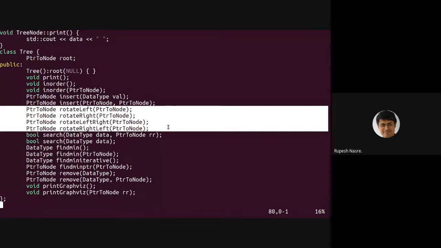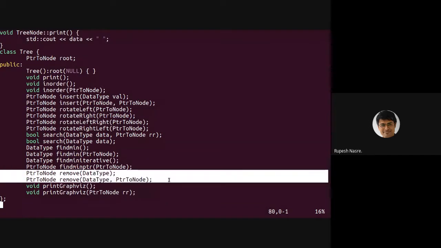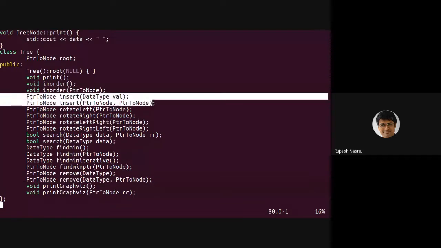That is one. But in addition, which we have not discussed so far, is that remove implementation is also going to change. Plus the insert implementation is also going to change, because the insert is actually going to call these rotate functions. And as you would have noticed, I have made these rotate functions or rotate primitives public, because these could be used externally also to implement some other additional features. These are not restricted to insert and remove. These are actually more generic functions which can be useful for other facilities also.